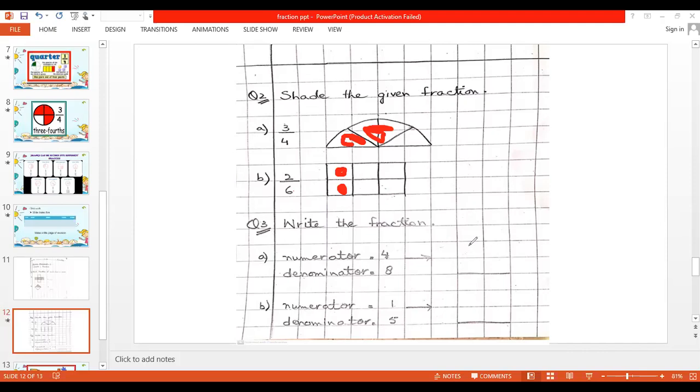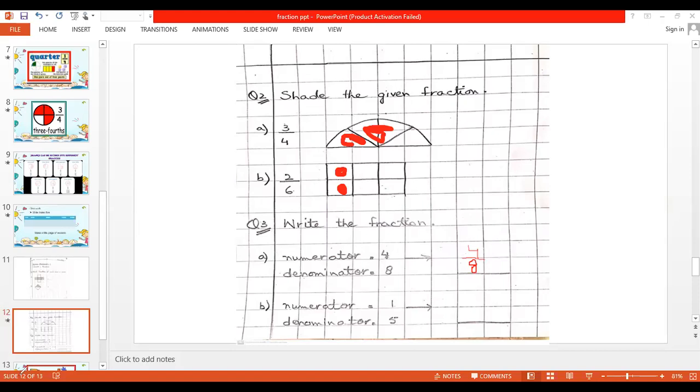So what will we write here in the numerator place? 4 upon 5. Sorry, 4 upon 8.